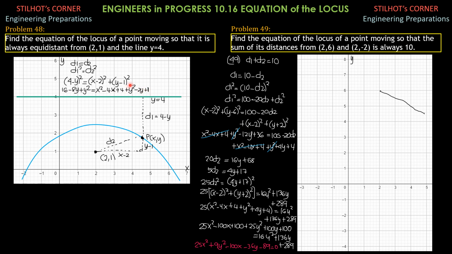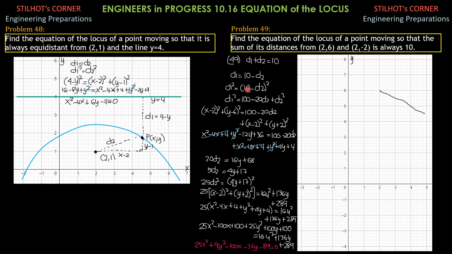So we can cancel y squared, and we have here x squared, then minus 4x. We have negative 8y on the right, so positive 8y minus 2y is 6y. Then 4 plus 1 is 5. Then 5 minus 16, we transpose everything to the right. So 5 minus 16 is negative 11, then equals 0. So this is the equation of the locus: x squared minus 4x plus 6y minus 11 equals 0.